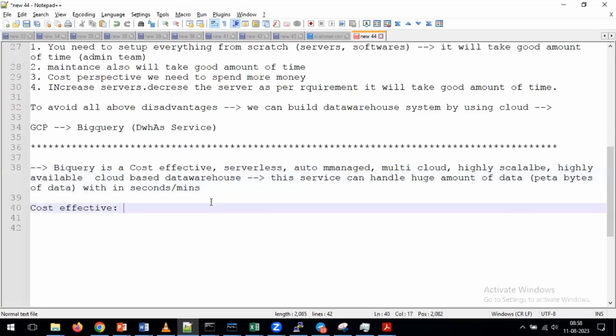So earlier we discussed 7 different properties of the cloud. If you remember, we discussed high scalability, high availability, fault tolerance. So like this, we discussed 7 different features of the cloud. All those features are applicable for each and every service we are going to discuss. So one of the features we discussed is cost effective. Now coming to BigQuery, BigQuery is cost effective,